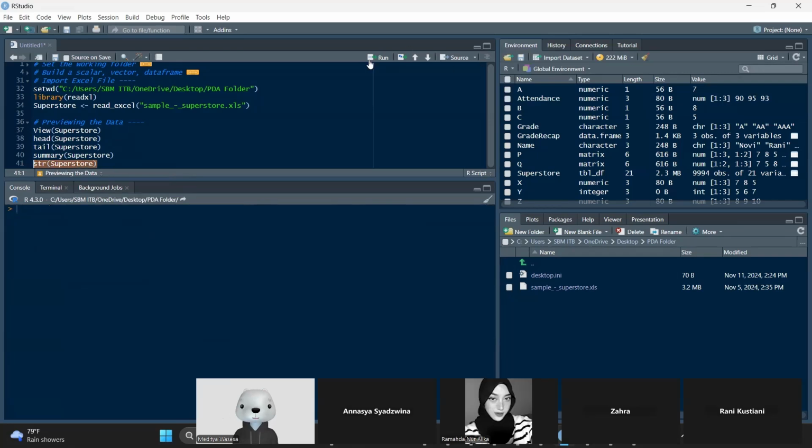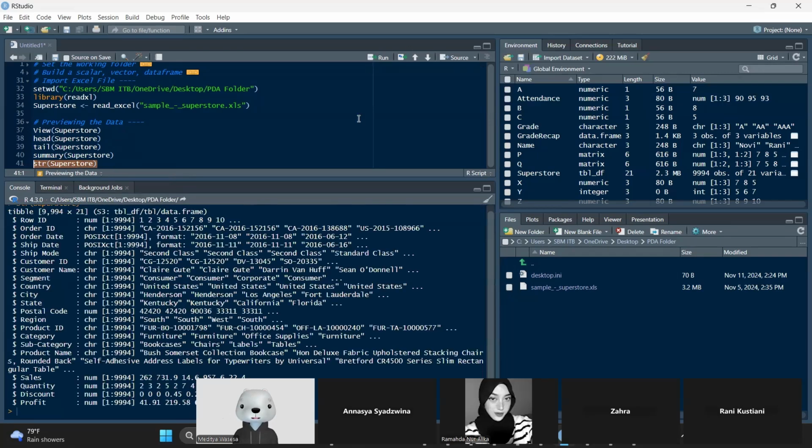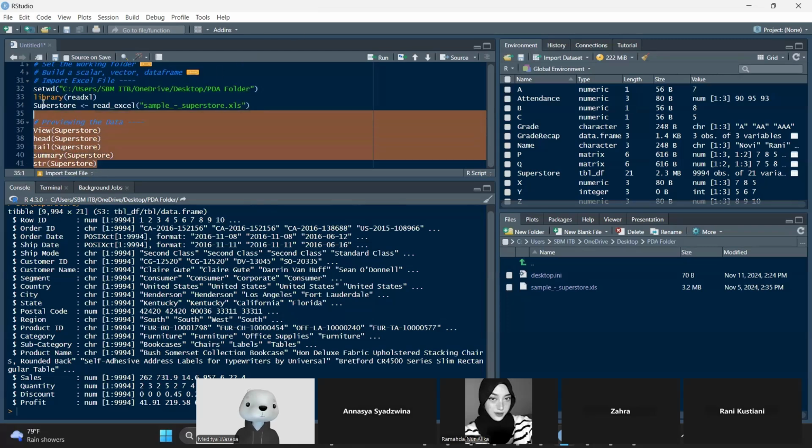Then you can run str. For example, what is the description of this column? What type of data, and what are examples of it? Very easy. So I will copy paste this.